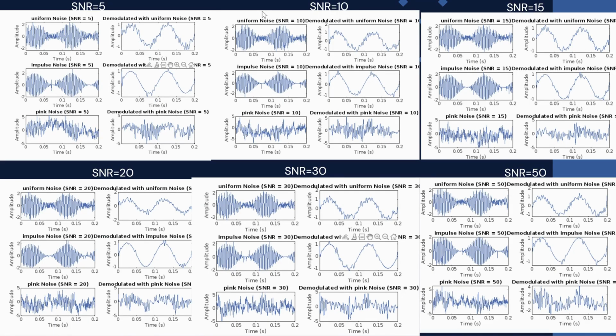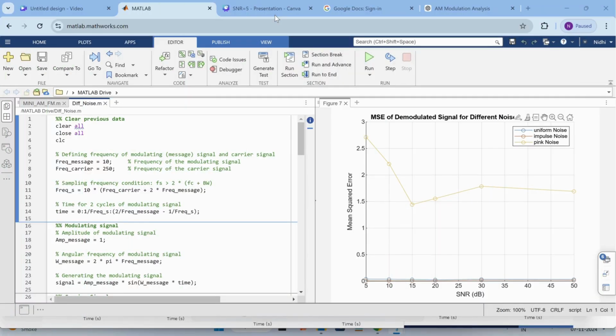Now let's take a look at the pink noise. At the lower SNRs, pink noise affected the signal more at lower frequencies, leading to moderate MSE values. As the SNR increased, the impact of pink noise lessened and the signal quality improved, with MSE decreasing significantly at higher SNRs. Here graphically we can clearly see that the MSE decreased steadily with increasing SNR, displaying a predictable noise